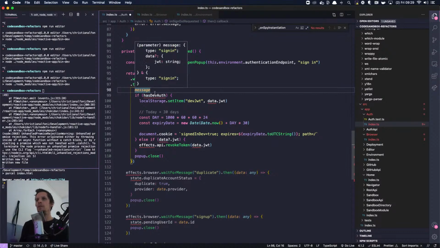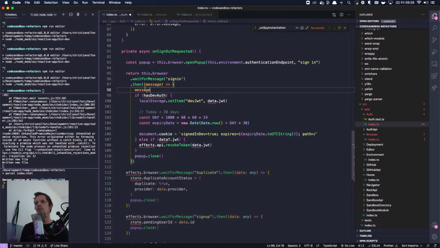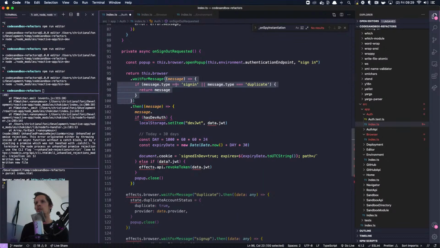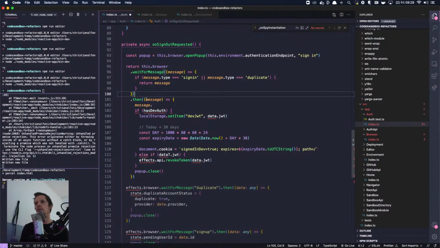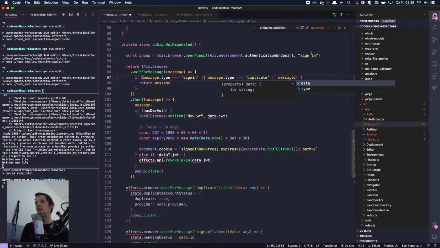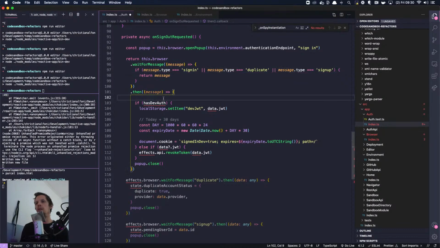Yeah. So now it says that since I'm saying sign in here, it says sign in. And then we have the callback version. And now this becomes sign in and duplicate. Yeah, this works the same. So that's great. But we're also going to deal with sign up. Cool. And then we have the possibility here to deal with